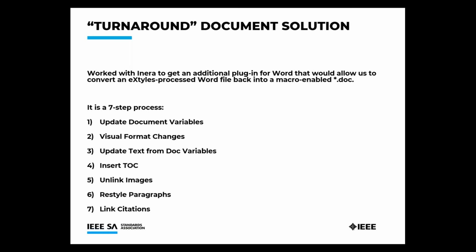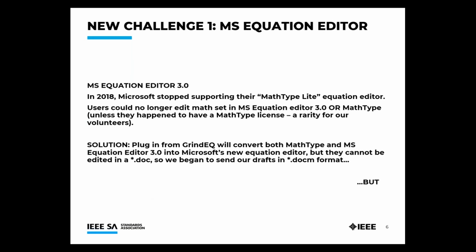Now, this was and is a big deal. There was a lot of celebration. I made a whole presentation on this, and everything was right with the world. Or was it? No. The first big challenge came in 2018 when Microsoft stopped supporting their old